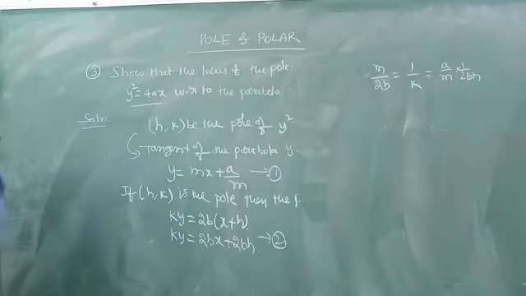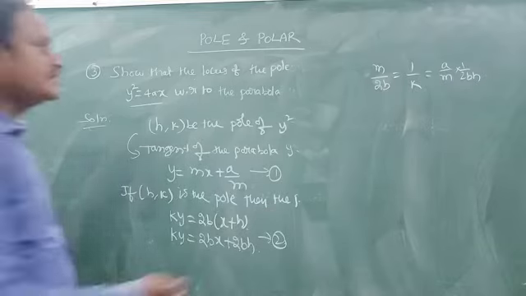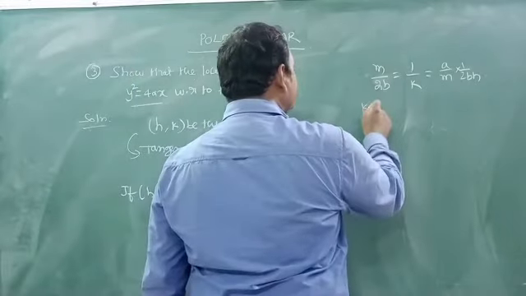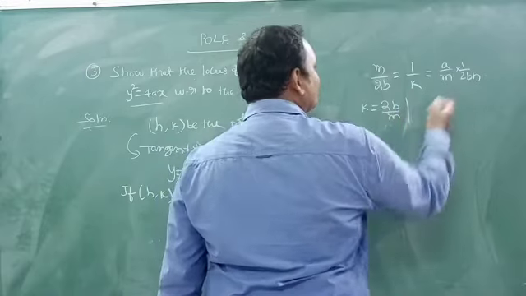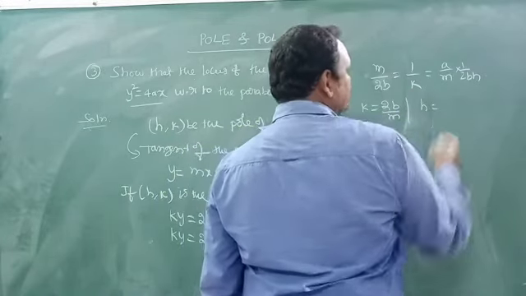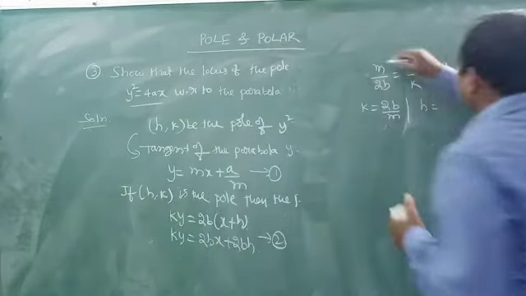From this we are going to get the k value and the h value, right? From this you see, my dear students, k is equal to 2b by m. And from this, if you equate these two, what we are going to get for the h value